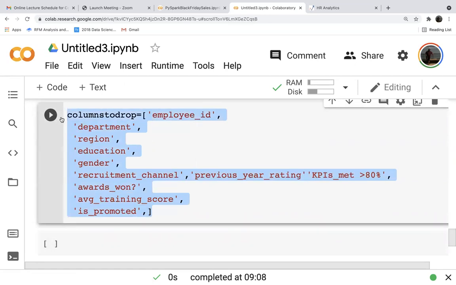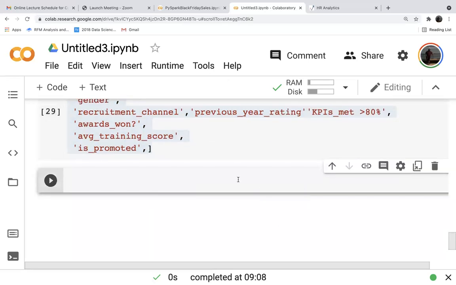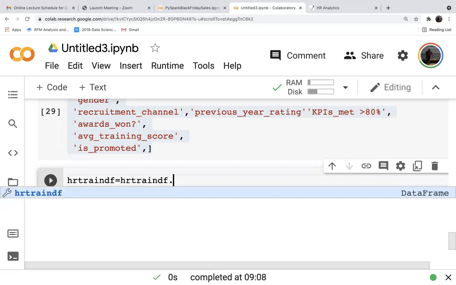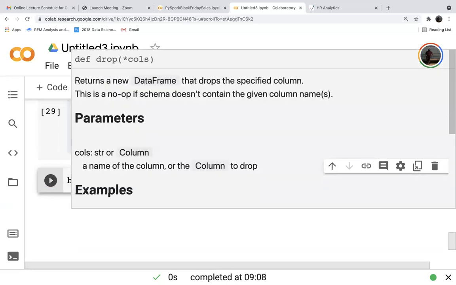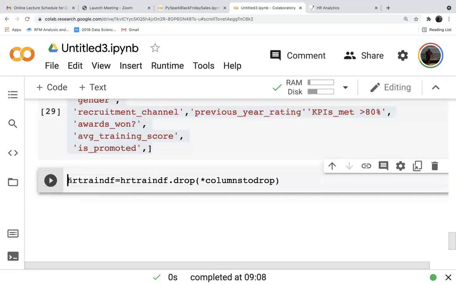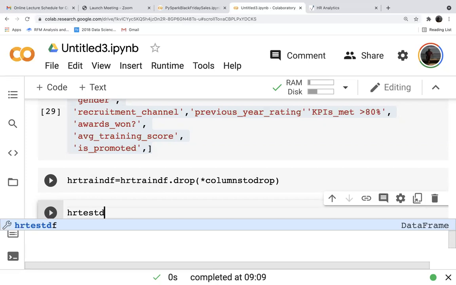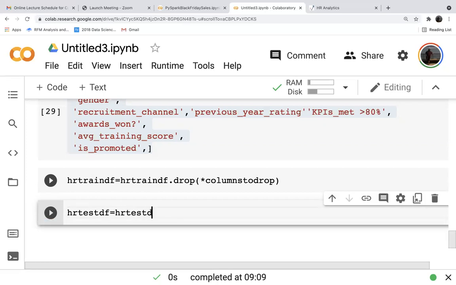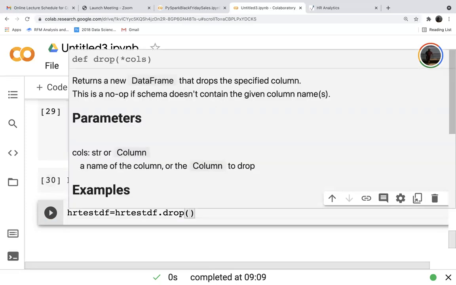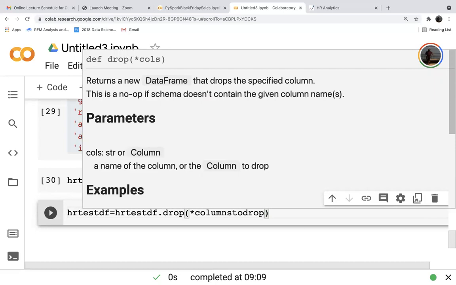So I'm pasting this code in the chat window. These are the columns to drop. So hr_train_df equals hr_train_df.drop(*columns_to_drop). Then hr_test_df equals hr_test_df.drop(*columns_to_drop).